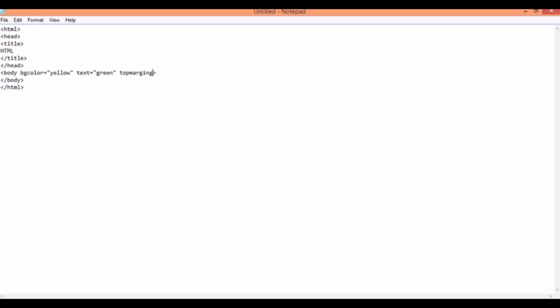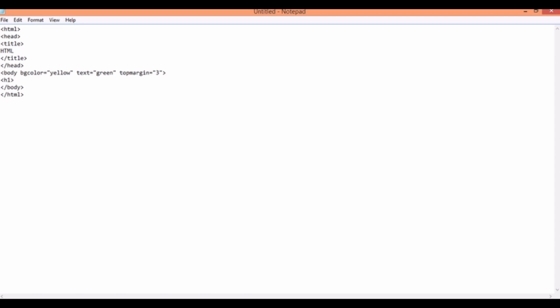This is another attribute which will help you to leave a gap of 2 units from the top of the window. So let's set it as 3, and we have right margin, left margin and bottom margin as well. So for this lesson we will only keep top margin, and now we are going to introduce a heading for this web page, which we will be doing using